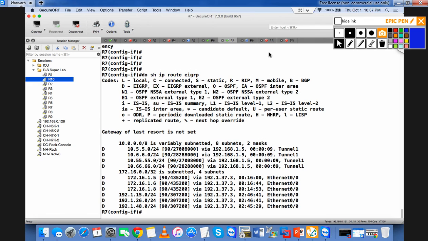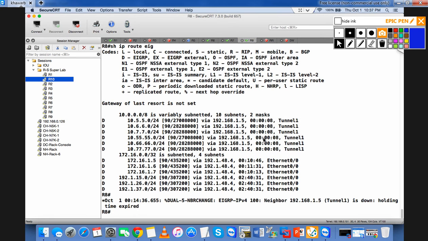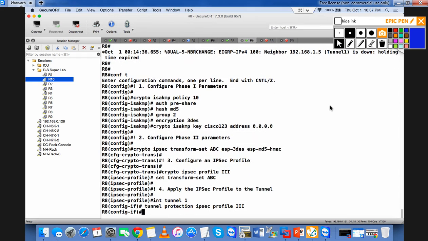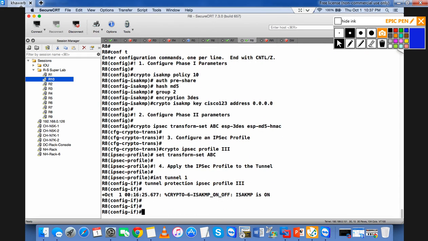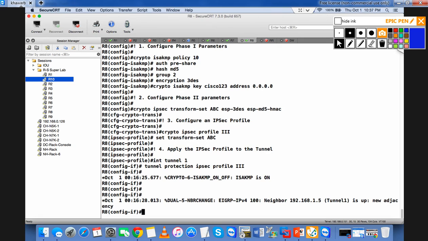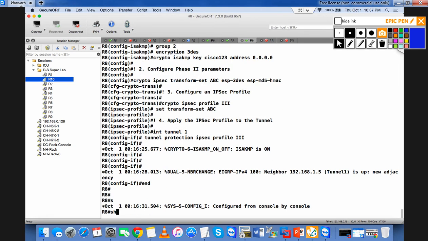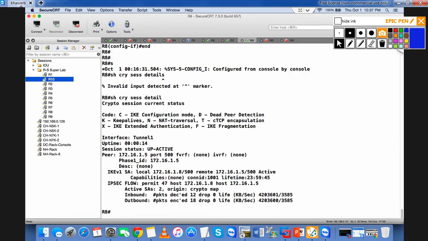Not 10.8 yet because 10.8 I need to apply it. Let's apply it over here. There you go. So I have all my tunnels up. All of them are encrypting. And if you want to check, I have no front door VRF, no internal VRF right now, because right now I'm just doing a normal MPLS